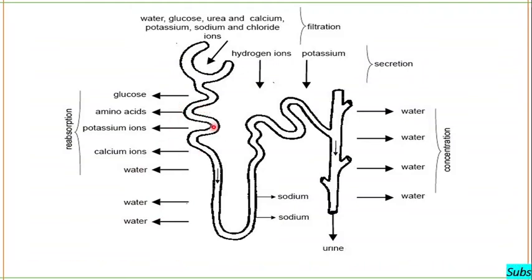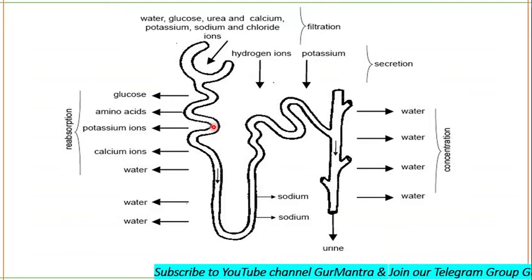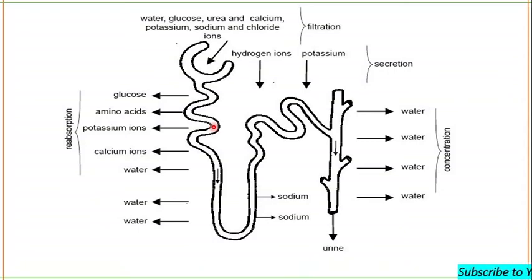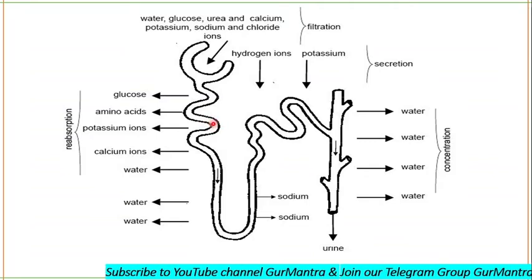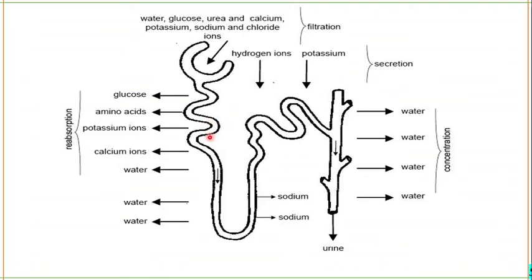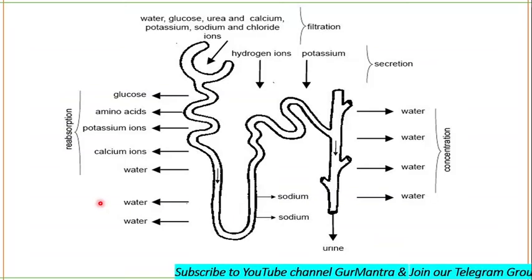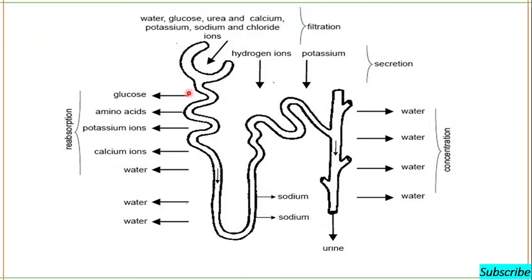This proximal convoluted tubule is also an important site of secretion of some organic acids and some bases such as bile salts, oxalate, etc. Along with this metabolic waste, the kidney also secretes many potentially harmful drugs or toxins directly through the tubular cells into the tubule, and these substances are rapidly cleared from the blood, and blood is now safe for you. Okay, so now you come to know about proximal convoluted tubule secretion.